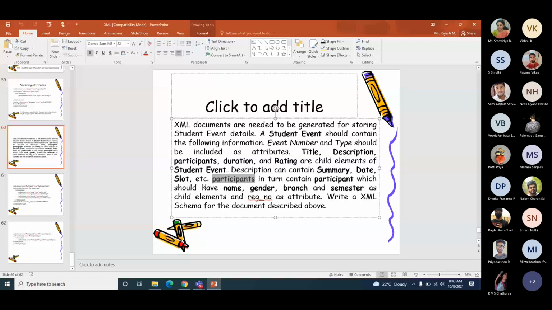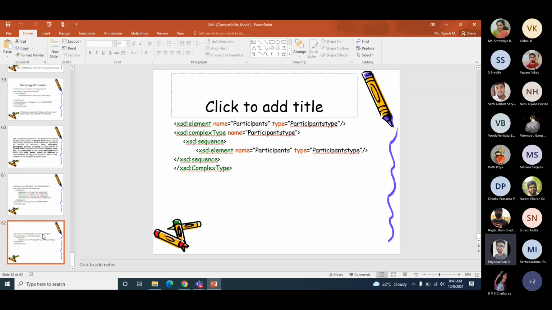Now, how will I declare one or more times? minOccurs as one. So participants, I am saying, and participants type, I am declaring as a new type.